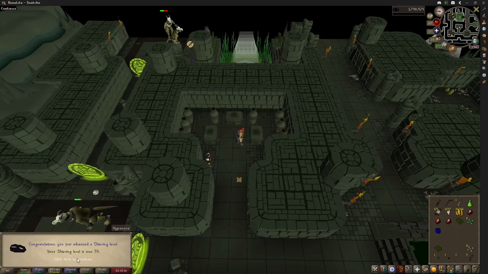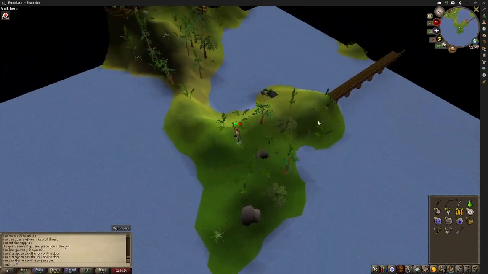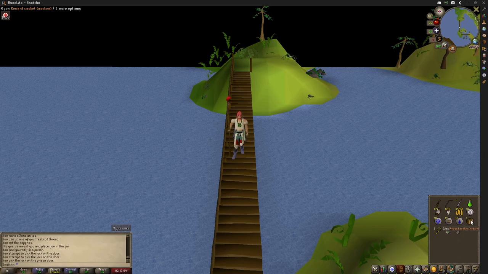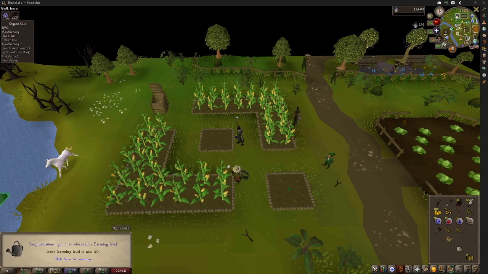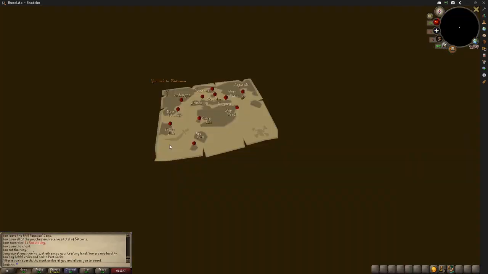Oof. 79 thieving. I dig. Oh yeah, we got a casket, baby. Let's get away from these spiders. Come on. Oh, it's the longbow version. It's the longbow version, but that's not terrible. It's a big 30 farming. Let's go. Yo, so I just grinded out 10 easy caskets,